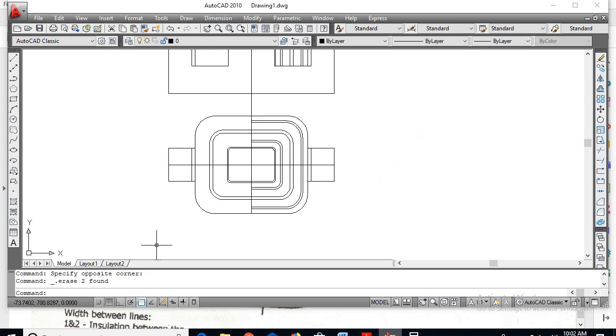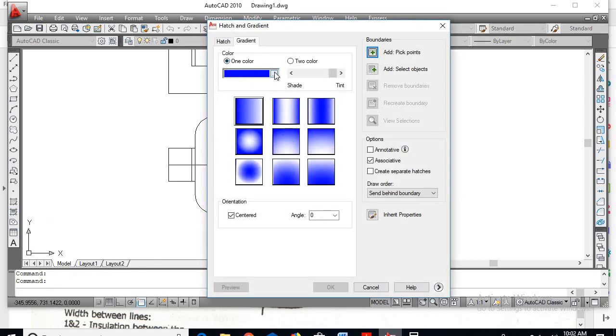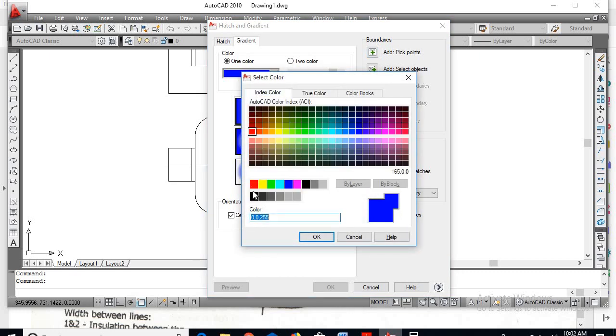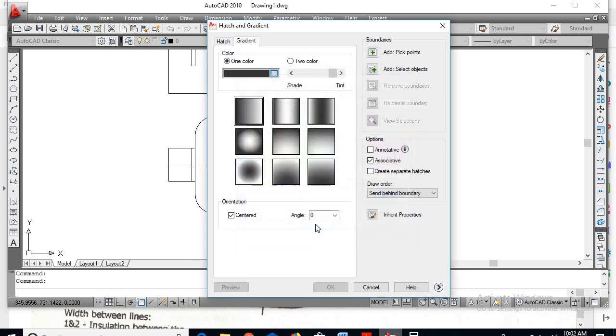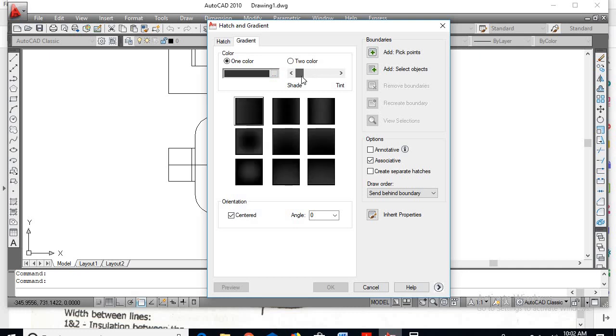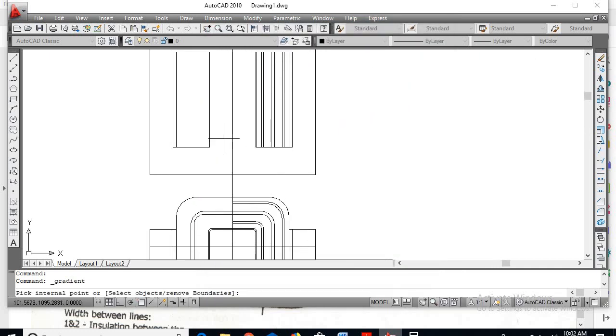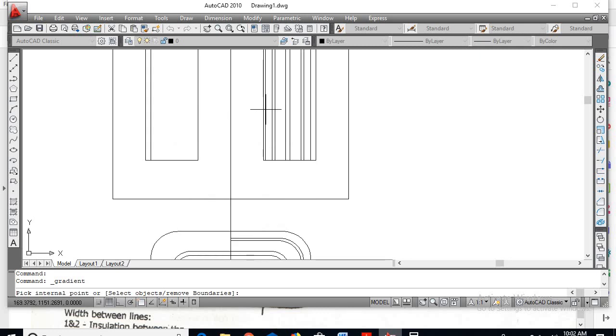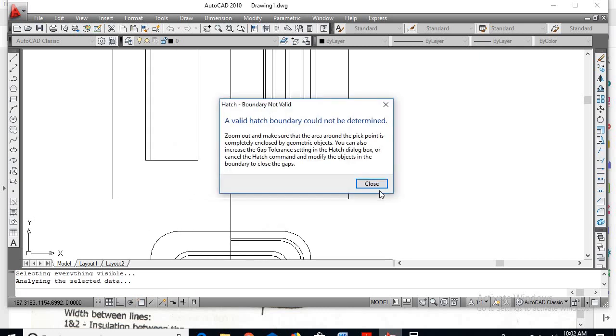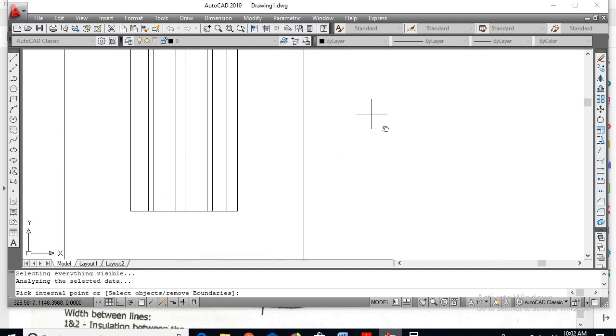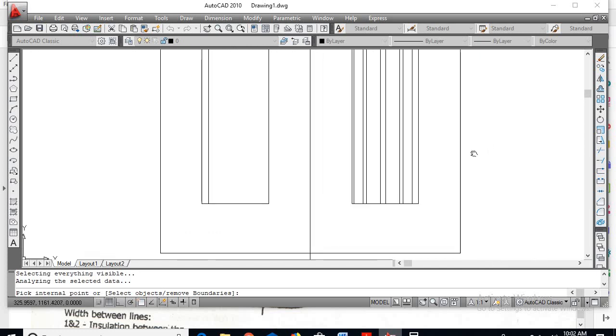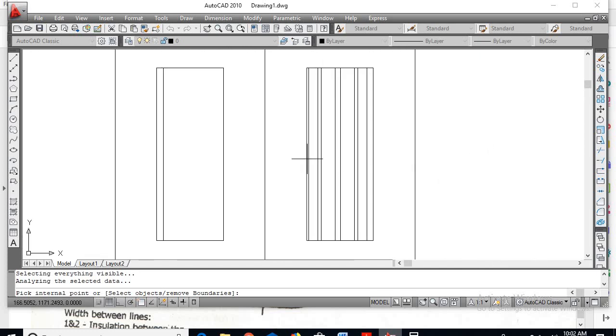Okay, so now we'll go for gradient. Go for add pick point. So here is the insulation, just to add the insulation. Okay, it is asking the boundary. Okay, fine.